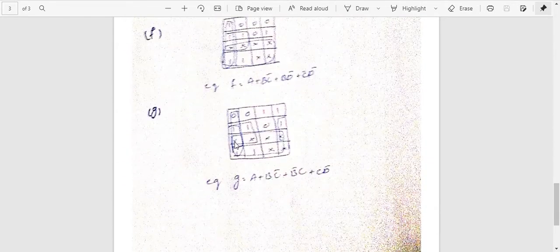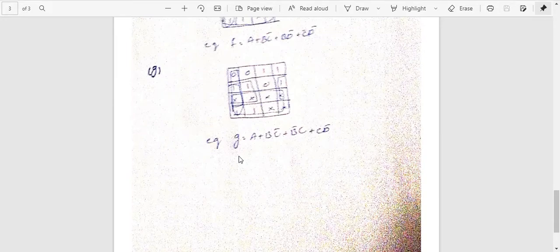Now, why do we use Karnaugh maps? The major reason is that a Karnaugh map is a way in which we can easily resolve our truth table into equations, and we can lower the number of gates that are used to form this kind of circuit.